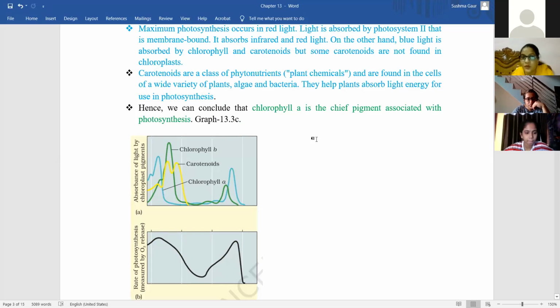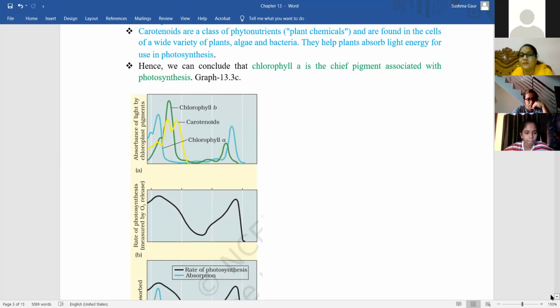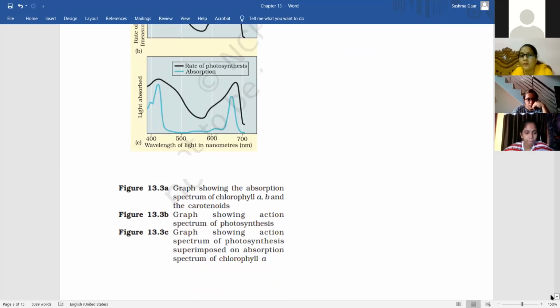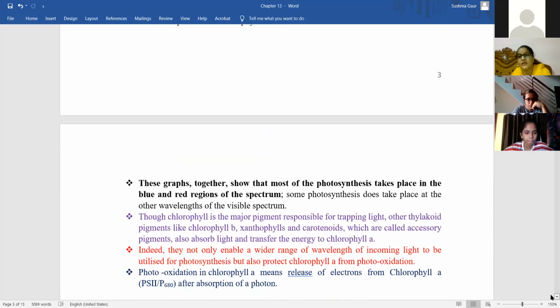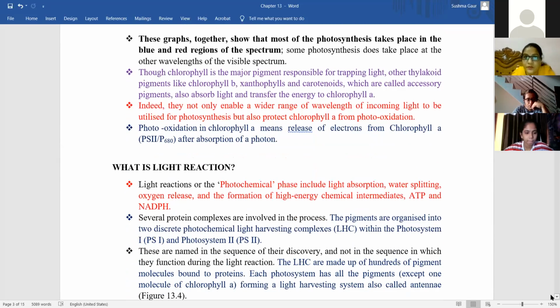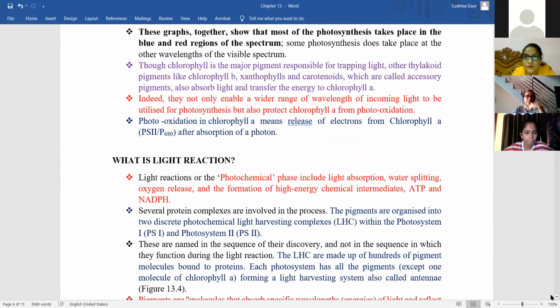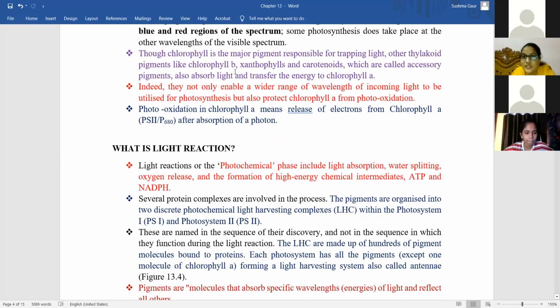Okay, so the conclusion is that chlorophyll A is the chief pigment that is associated with photosynthesis, and the maximum absorption by chlorophyll A is done in the red and blue spectrum. Okay? So basically the chlorophyll is the major pigment that is responsible for